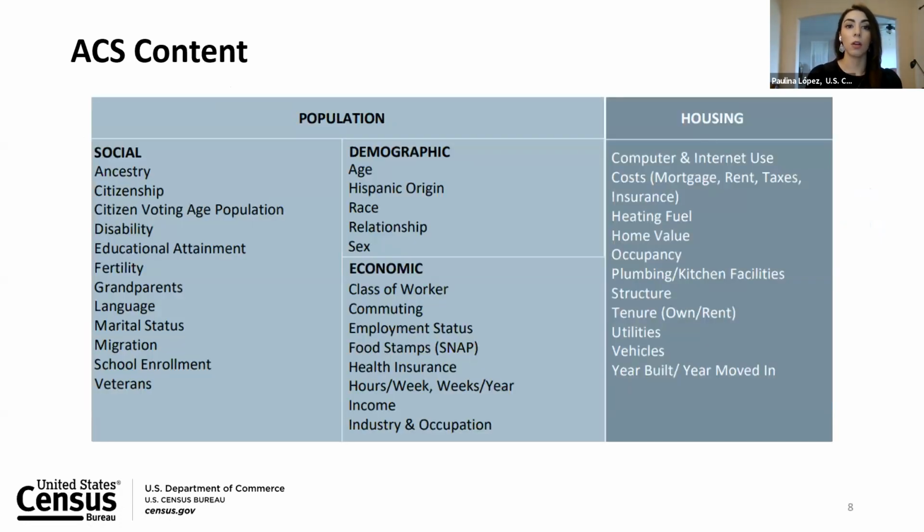So the ACS content is grouped into 4 main categories: social, demographic, economic, and housing. And you will see that these are also the categories on how the data is separated or categorized in data.census.gov, our main data website. So if you're looking to see the educational attainment in El Paso County, you can go to the social grouping in data.census.gov. You can also find how many grandparents are taking care of their grandchildren at home,